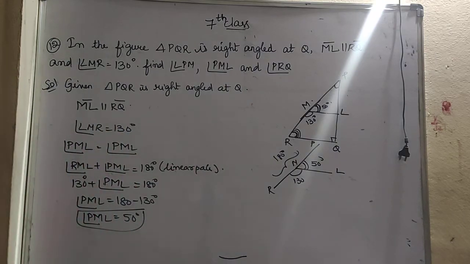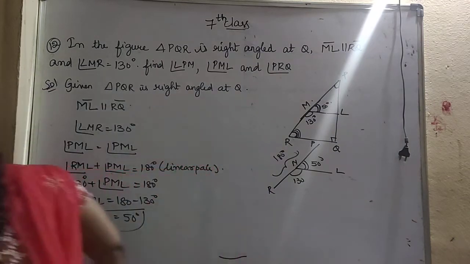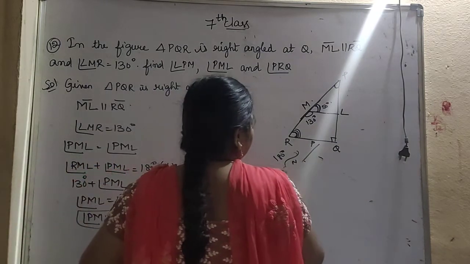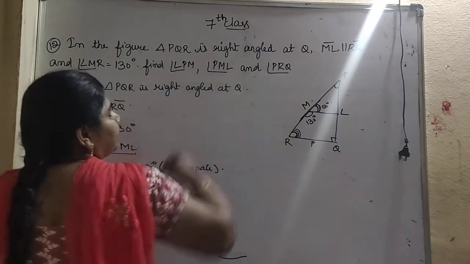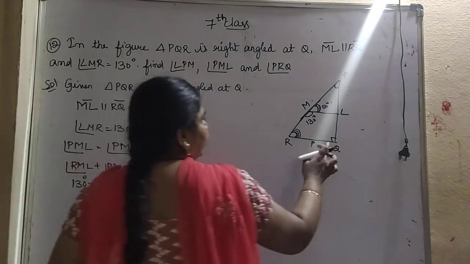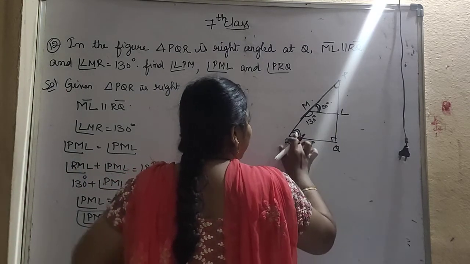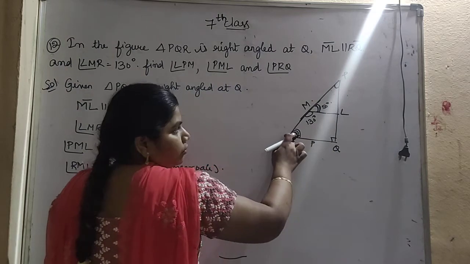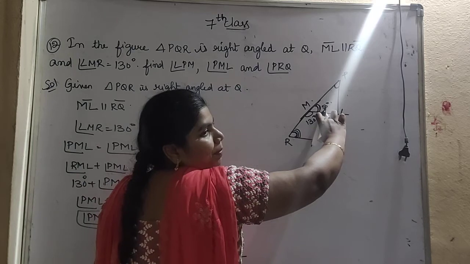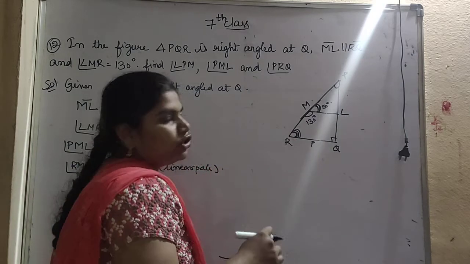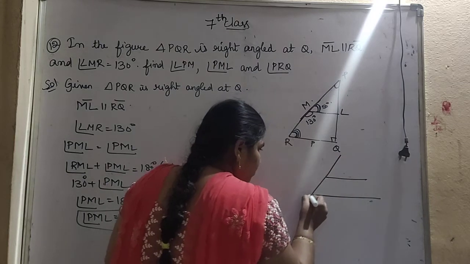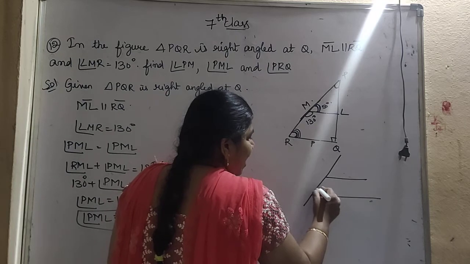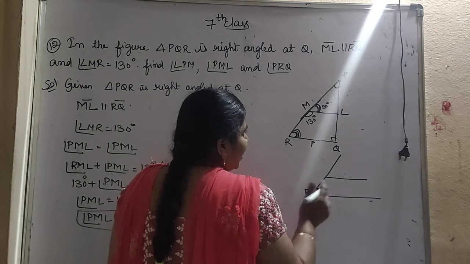Now which angle am I finding? I want to find this angle R. So how to find this angle R, we will see. Angle R is nothing but this part, angle PRQ. So I want to find angle PRQ. If you want to find this, we already know that these two lines are parallel to each other and this is a transversal. So it is like this. Here this angle we have to find, angle R, and this is M.